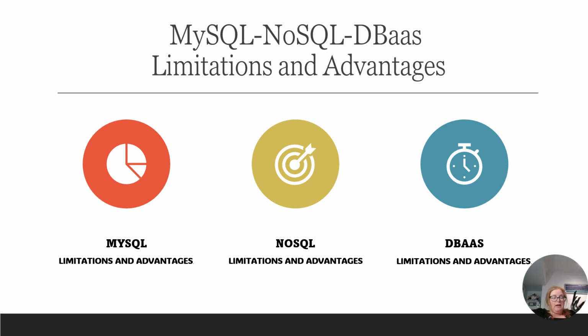With NoSQL, it has a flexible schema. It allows for storing of data without a strict structure. You have certain file types like JSON, which is JavaScript Object Notation, or you've got BSON, which is a binary version, which doesn't take as much memory to store because it's in a binary form.